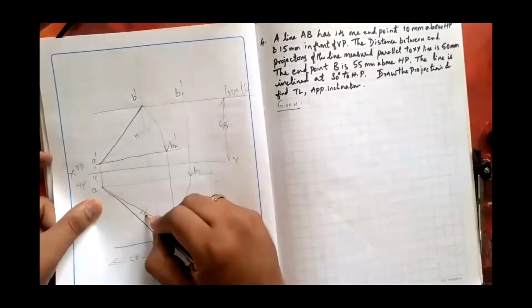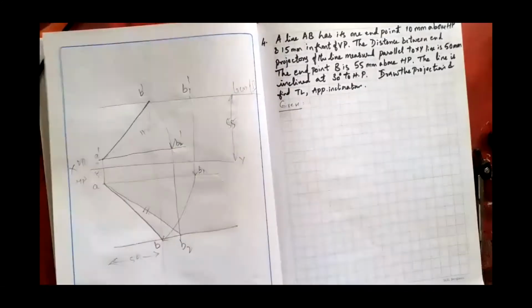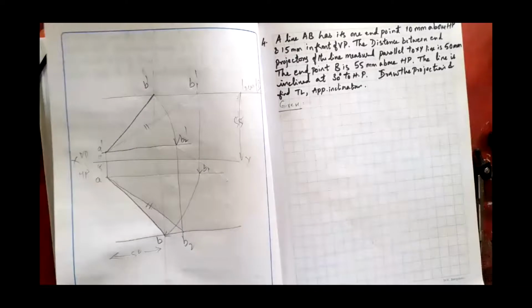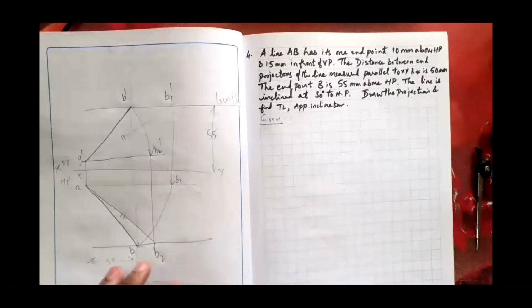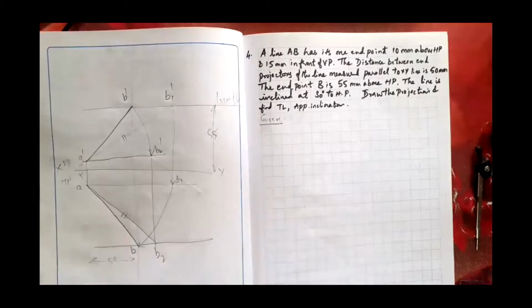So that is very, very important. That is how we solve the problem and check whether the problem is right. If both the true lengths are the same, then my problem is right. So please relog in again. I'll stop this now and relog in again. We'll solve this problem